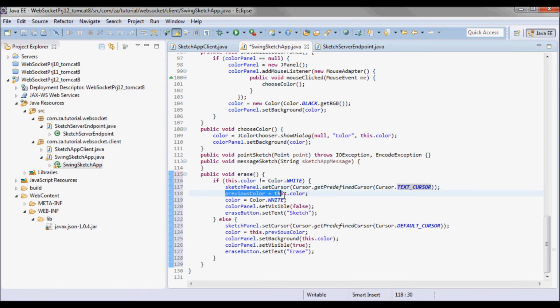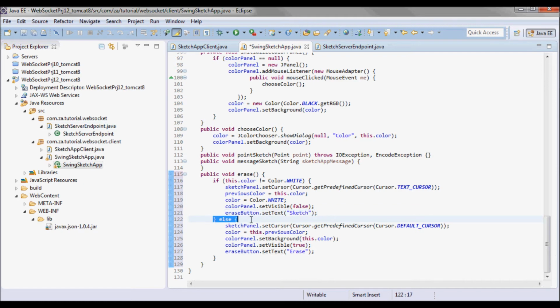And previous color is this.color, then color is Color.white, and I'll set the visibility for the color panel to be false, and then set the text on the erase button to be sketch.